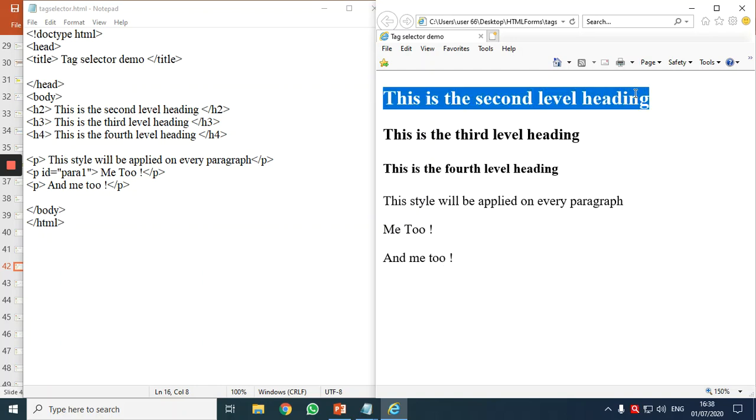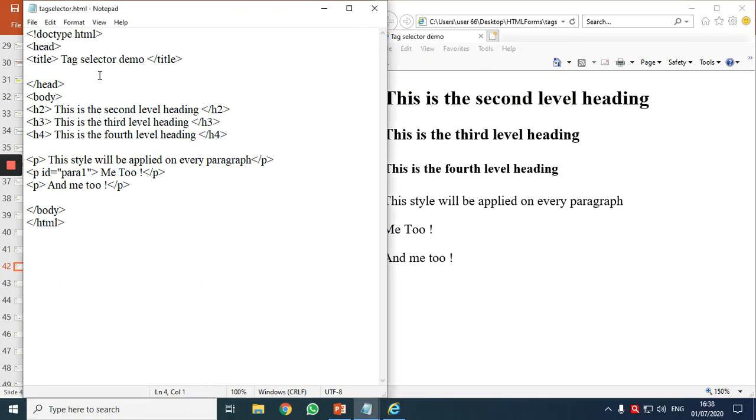The first text is displayed in H2 size. And what is H2? That is the heading. There are 6 different levels of heading. And the H2 tag will give you the second level of heading, bolder text, and a new line. There is a space in between because it is a block level tag. Correct? Same for H3, third level of heading, and H4 is the fourth level of heading. Okay. And some 3 paragraphs which are displayed as they are.